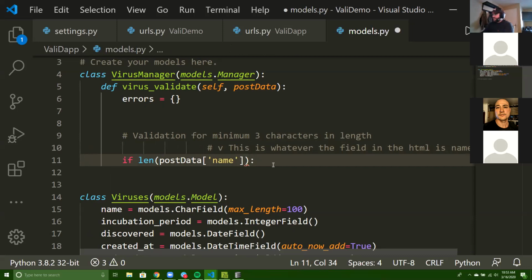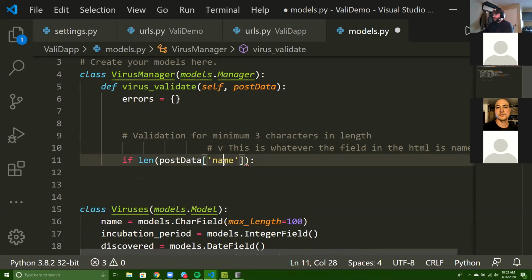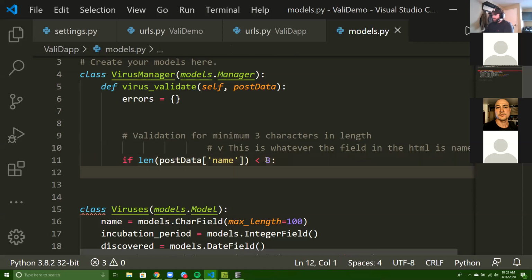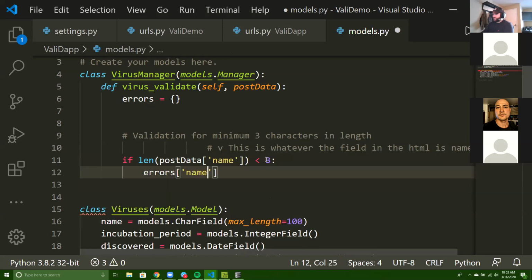So if the length of the name that somebody's trying to submit is, I don't know, let's say less than 3 characters, right? We should have at least 3 characters long. Then we want to create an errors entry for name and say whatever. So the message that we put in here,